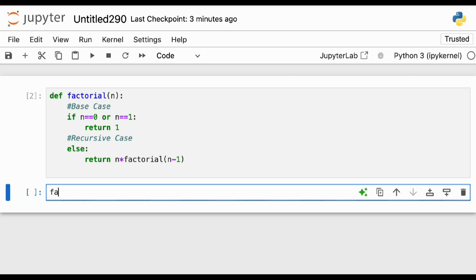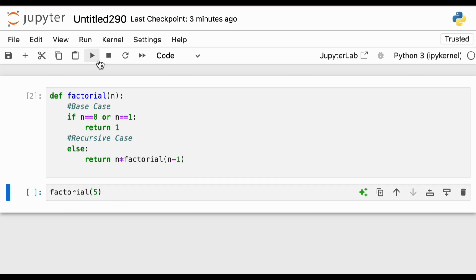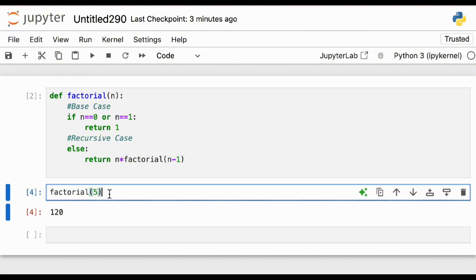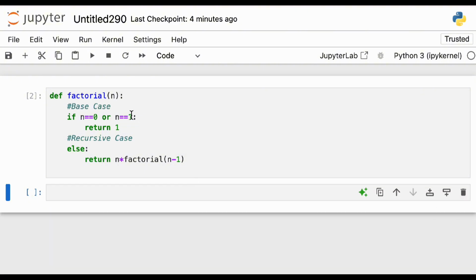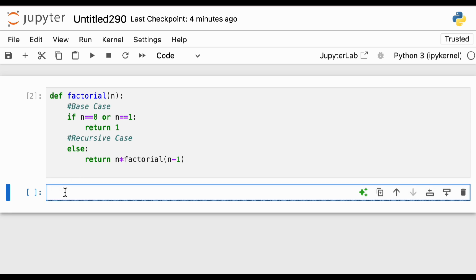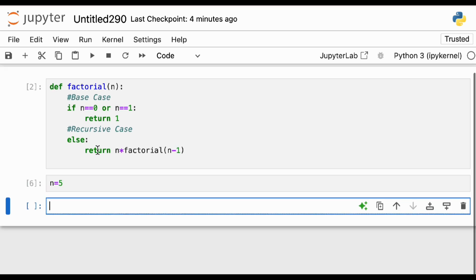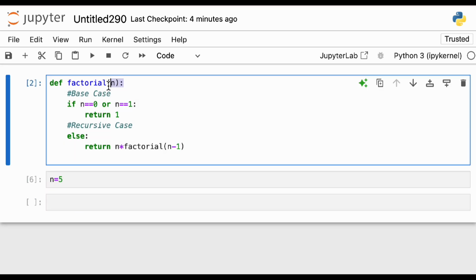Now, if I call, let's say, factorial of 5, I should get 120, and I'm getting 120. But let us understand what is happening. For example, let us say I pass the value of n equal to 5 here. What will be happening when n is equal to 5? This function will get called.